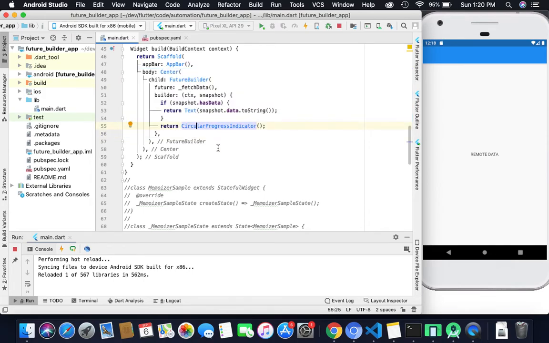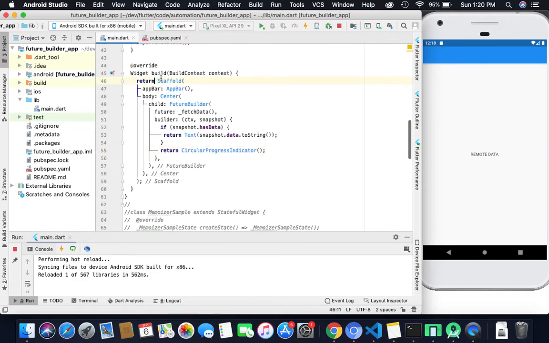But there is a disadvantage to this code. Whenever our state changes, the build method is called. Let's suppose you have a button in your tree, you press it, perform some operation, and want to rebuild your state, so you call the setState method.